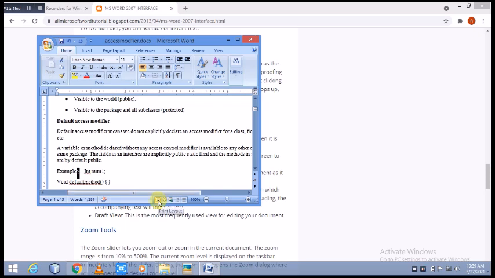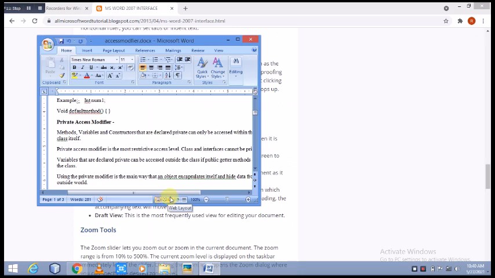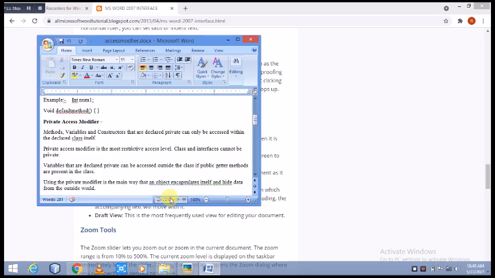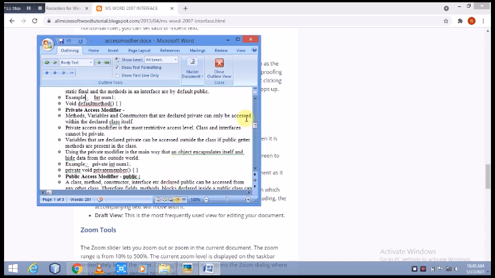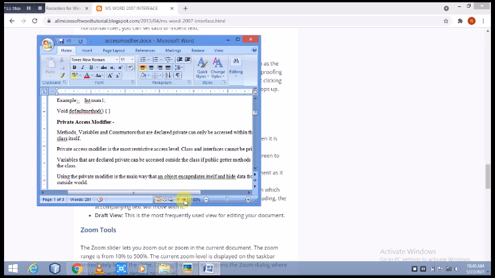Now you can see the different views: print layout and so on. Print layout shows how my file will look whenever printed. Full screen reading shows how my file will look when we want to see it full screen. Web layout shows how a particular file will be shown if I want to put it on a web page. Next, outline, how we can see a particular outline. And the last one is draft.